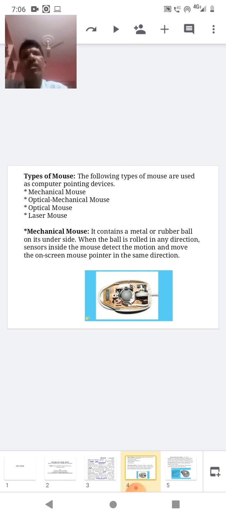So such a device is a mechanical device. After that, both optical and mechanical mechanisms were used in the optical mechanical device. After that, the next technology came into working, that is the optical mouse, and the advanced technology is the laser mouse, also in use. Here we'll discuss all these types of mouses one by one.